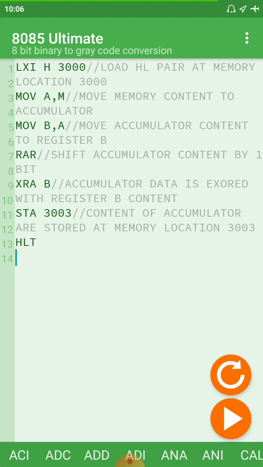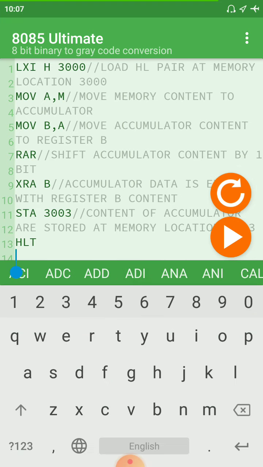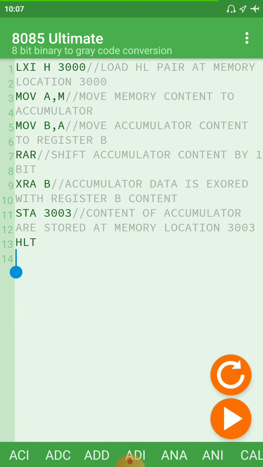So we can check this program. First we need to load it. This is our complete program. Your gray code is stored in 3003, and your binary number will be fed at memory location 3000. And we will achieve this gray coding by using these two instructions, rotate accumulator right.